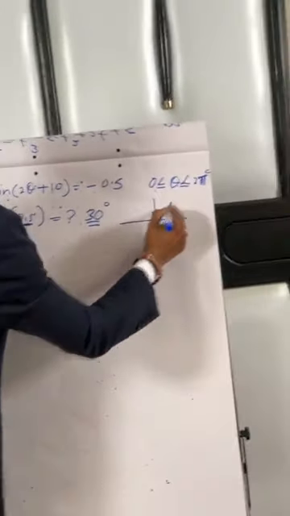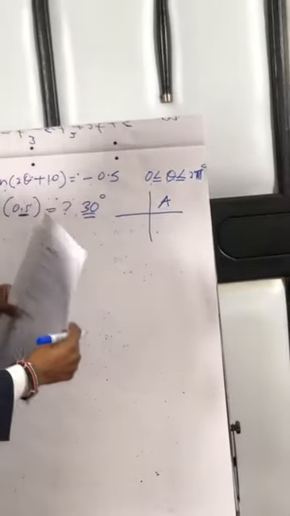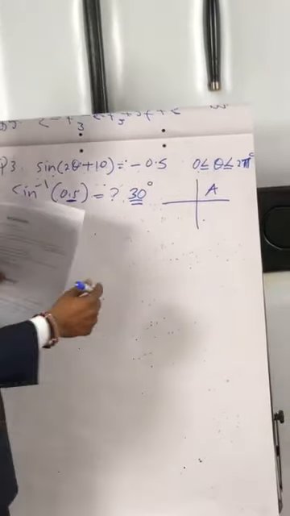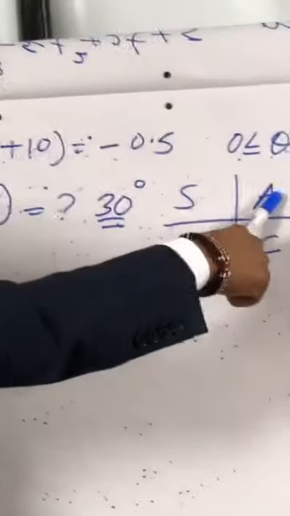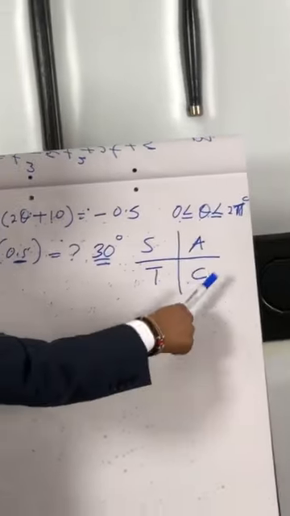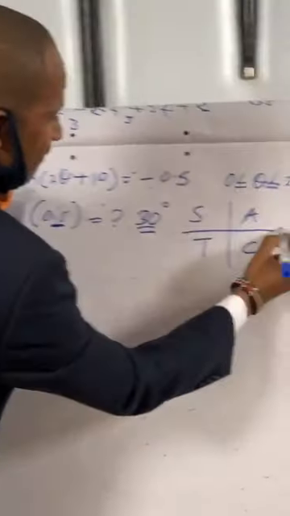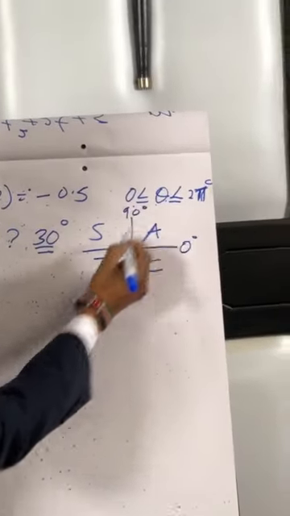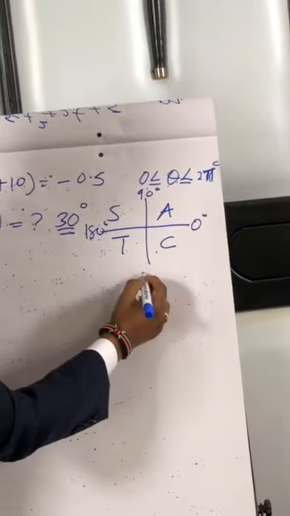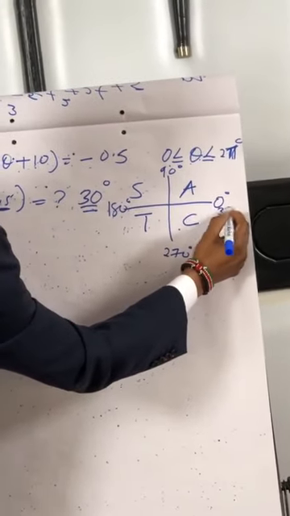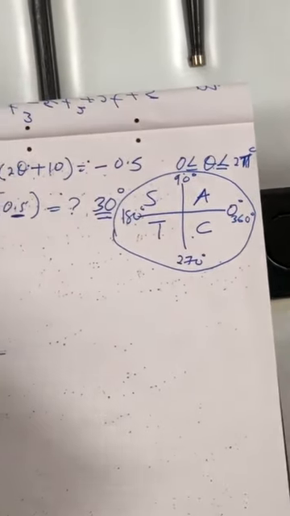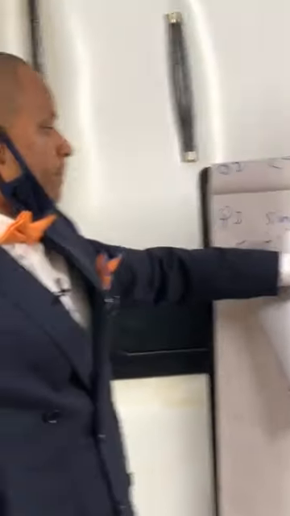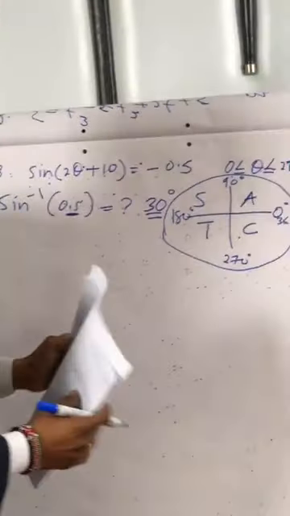we say ASTC. When I was in my Form 4, I used to remember it as: all students take coffee. So this angle is 0 degrees, this is 90 degrees, this angle is 180 degrees, this angle is 270 degrees, and this angle again is 360 degrees. So this quadrant circle,